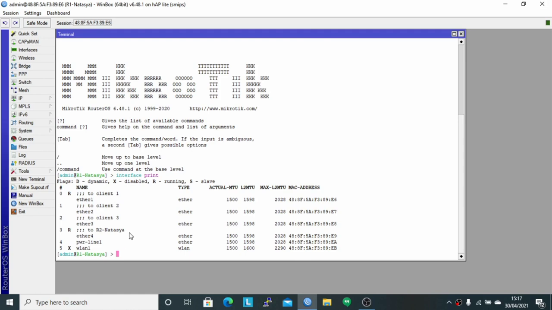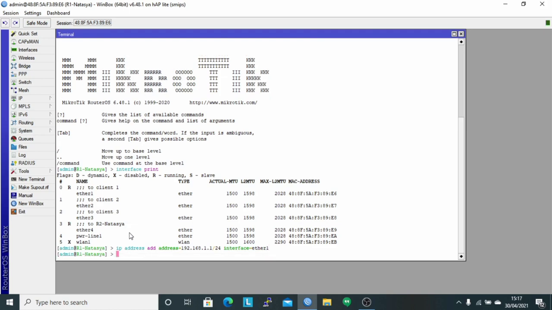Then add the IP address for Ether 1, Ether 2, Ether 3, and Ether 4 using the command ip address add address 192.168.1.1/24 using interface Ether 1.